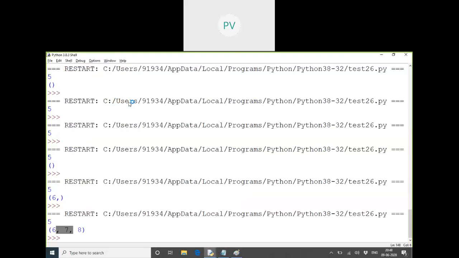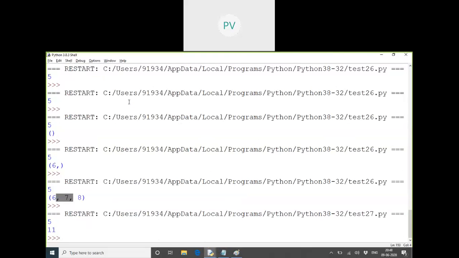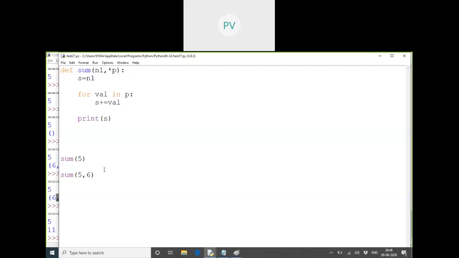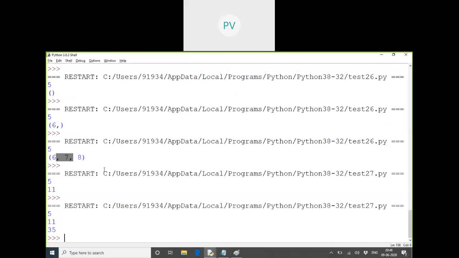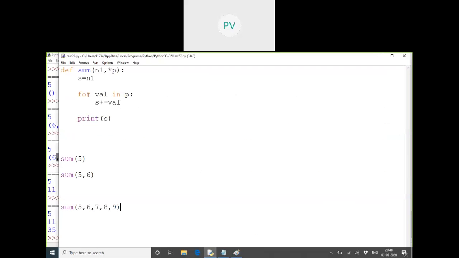Just check once, you'll understand. I'm able to call this with more values also, any number of values. Whatever you want, you can pass. There is no restriction on the values. So you can see what I have done here. Initially I took the sum as whichever value you passed first. Minimum 1 is required. I can't pass less than that. I can't call it like this. It won't work.